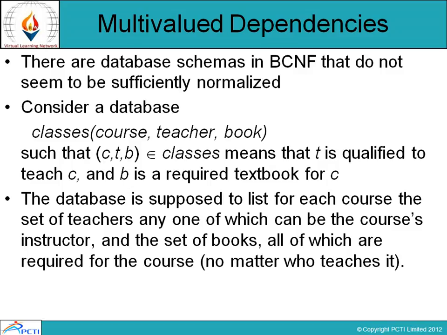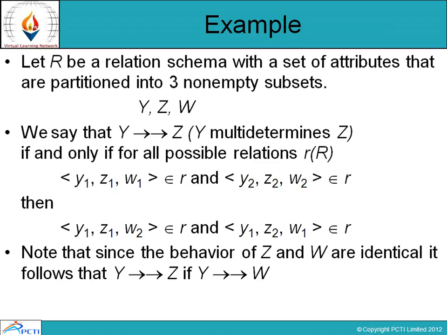You can consider this example: R is a relation schema with a set of attributes that are partitioned into three non-empty subsets, Y, Z and W. We can say that Y double arrow Z, meaning Y multi-determines Z, meaning multiple values are determined for Z, if and only if, for all possible relations r of R,